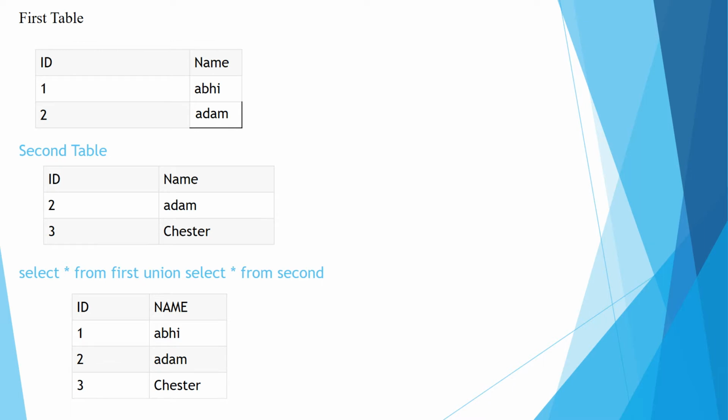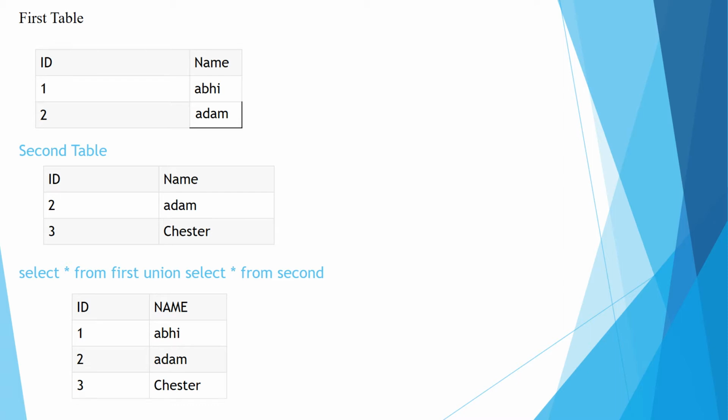In the first table, 2 attributes are used, ID and name. The ID has values 1 and 2, and the name has Abhi and Adam. So in this table there are 2 tuples. The second table also uses the same attributes, with 2 tuples.